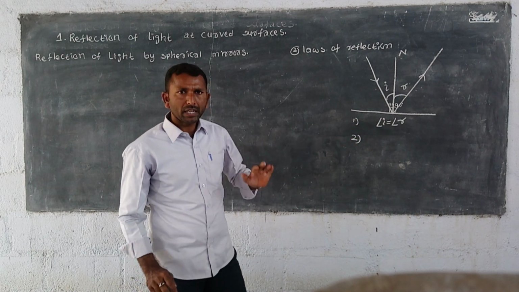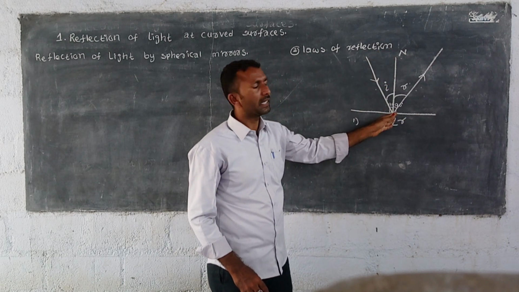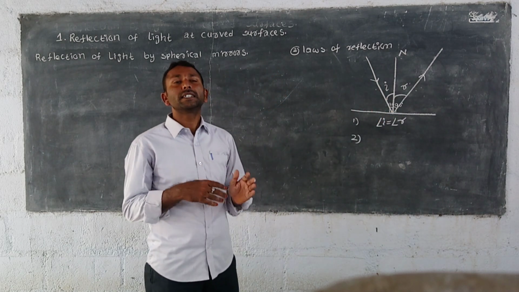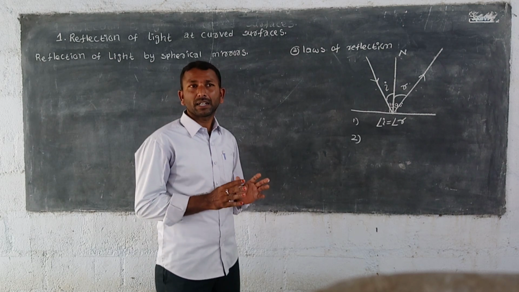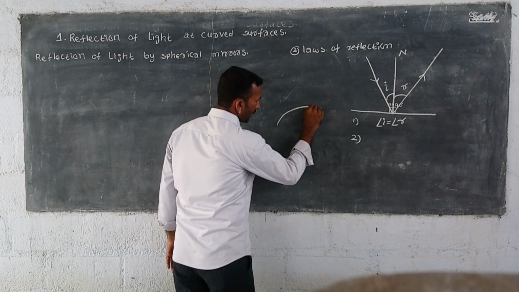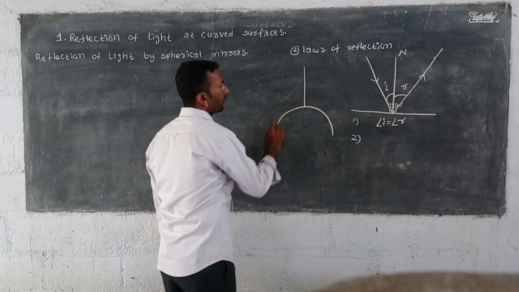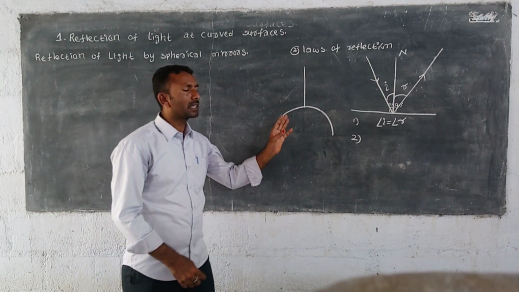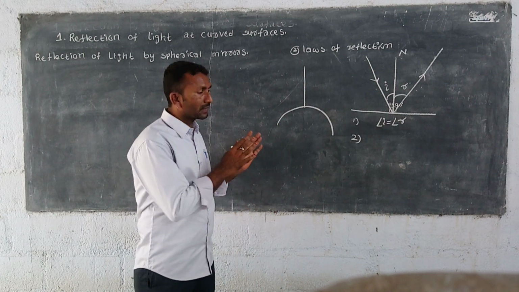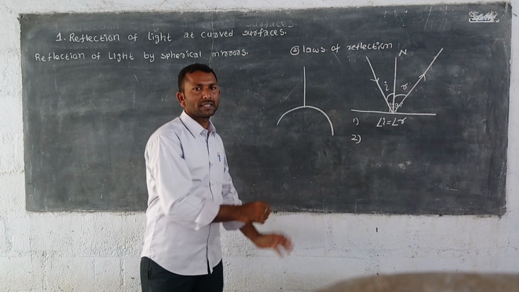But here we can observe one thing. This is a plane surface. We can draw the normal line very easily, with ease. But the question is: is it possible to find out the normal line for a curved surface with ease? So just draw a curved line here. This is a curved line. Then we have to draw a normal line. If you are drawing a line towards the curved surface, is it normal or not? It is not easy to find out straightforward. We have to get clarity for the curved surface. How can we find the normal line?